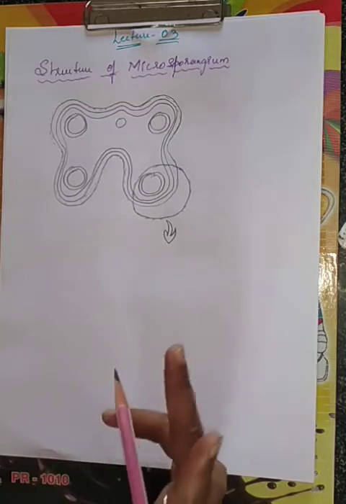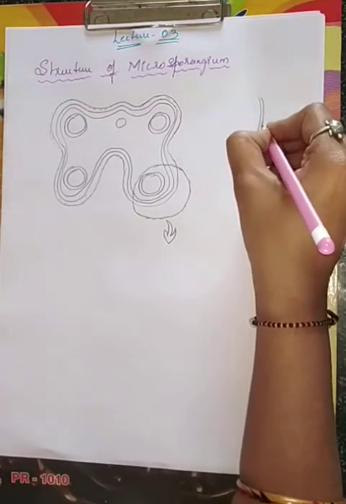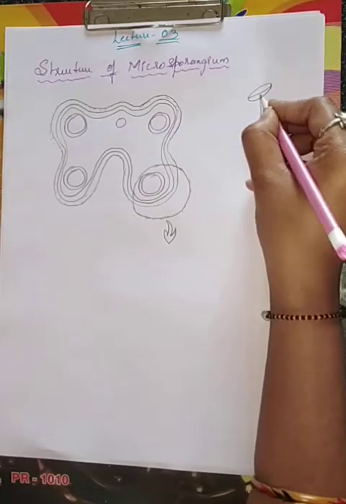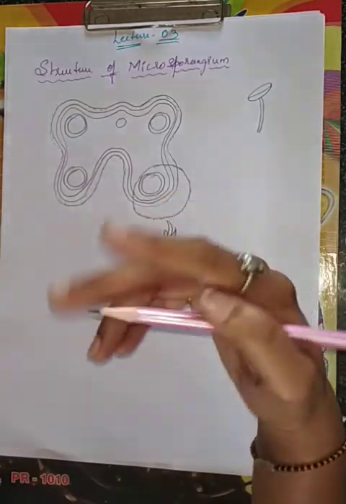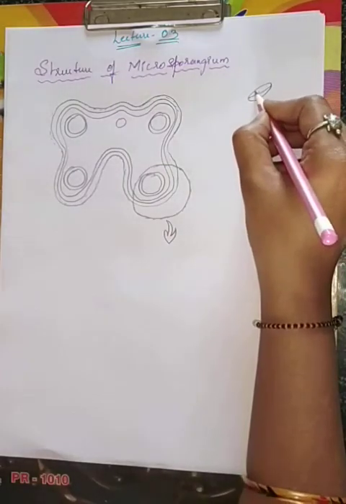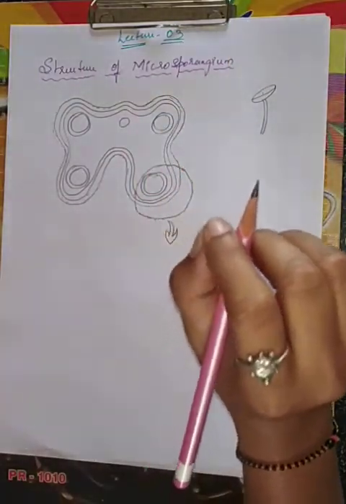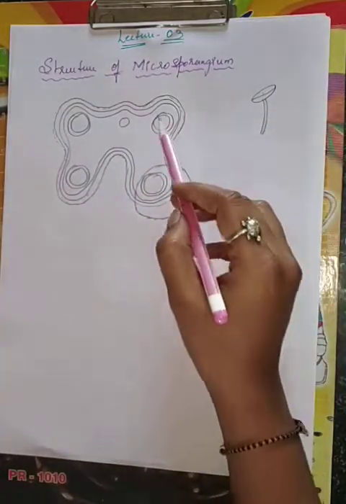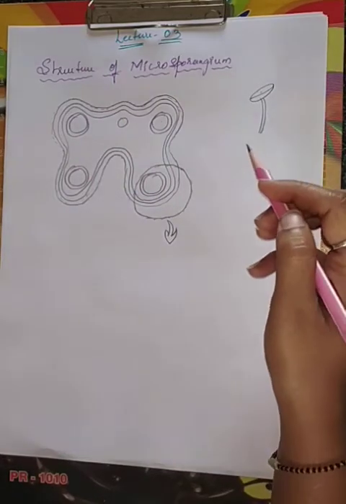There are two parts of the stamen. One is the filament, the stalk, and the other is the anther. In angiosperms, anther is called what? Bilobed. Why? Because it has two lobes. Dithecous. Why? Because in each lobe there will be two thecae. And then it is called tetragonal. Why? Because it has four-sided heads. Tetrasporangiate. Why? Because it has 1, 2, 3, 4 sporangia, that is microsporangia.